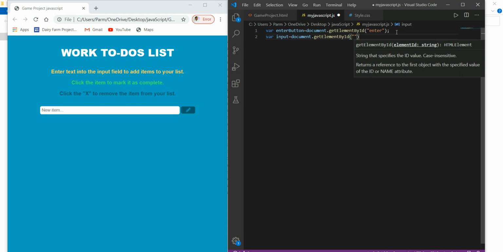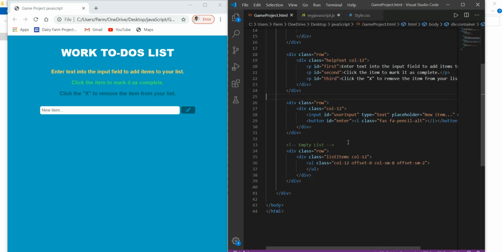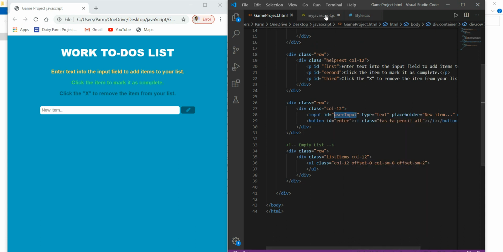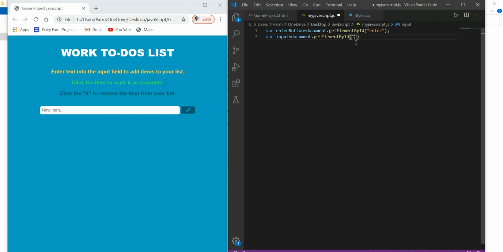What ID we have given over here, we have to check: the ID is userinput. Here we copy this and paste it over here, userinput.